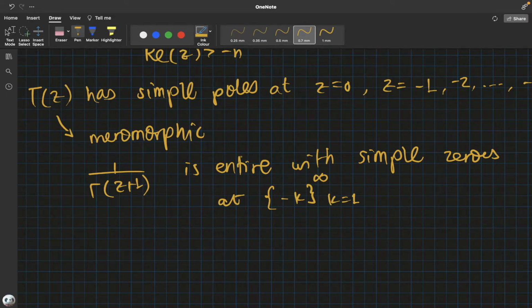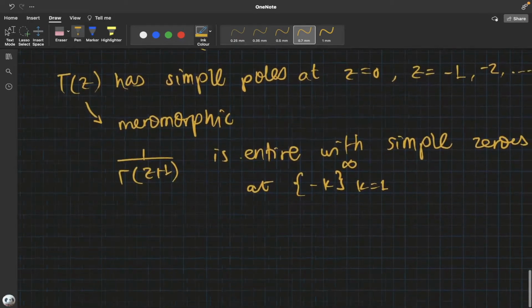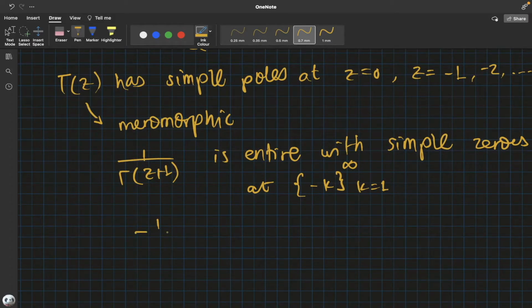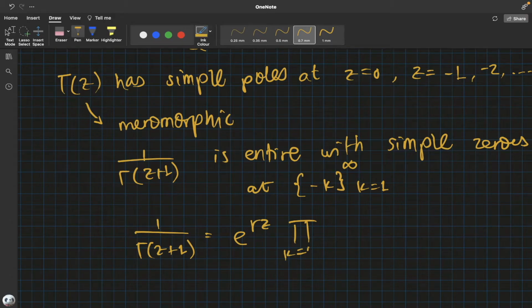And we can use the expansion we had before to come to this formula: 1 plus z over k e to the minus z over k,